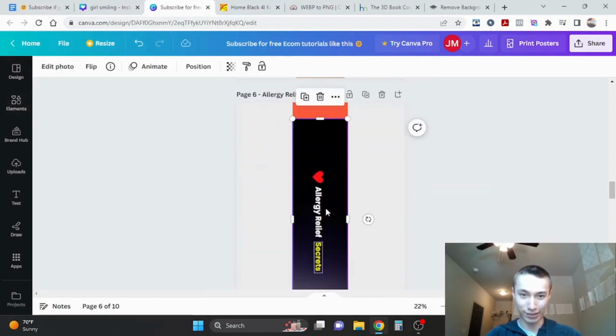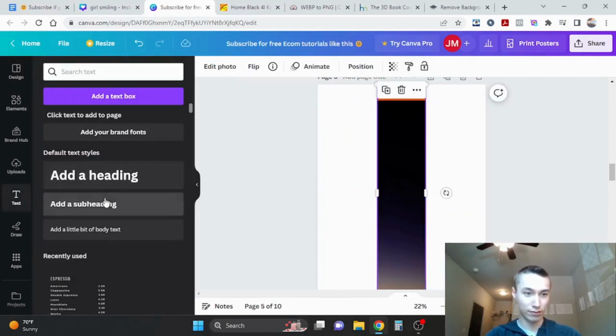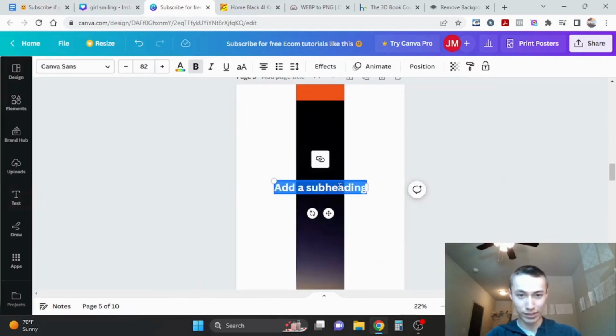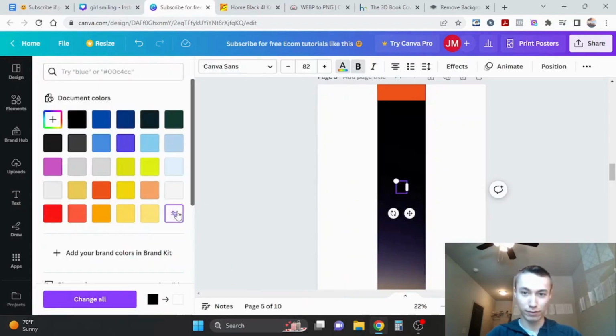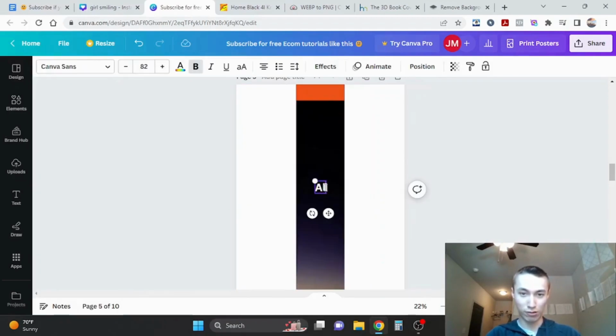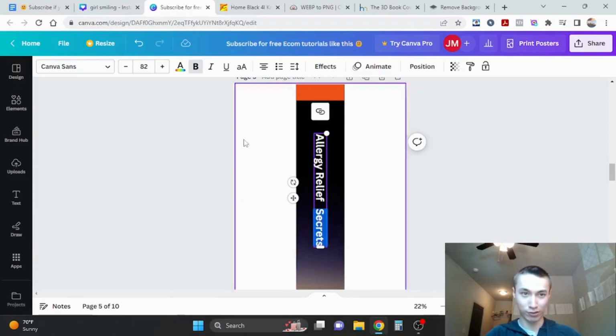And to get this text down here, go to subheading, type in the name of the book, which was, whoops, let's change it to white first. There you go. So it's called Allergy Relief Secrets. Turn that upside down a little bit. There we go, perfect. And I'm going to put 3 spaces here, and you'll see why in a minute. And I'm going to change the word secrets. I'm going to make it yellow. And the reason why, like I said,